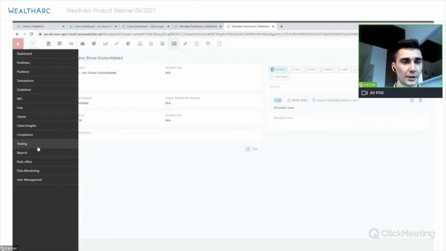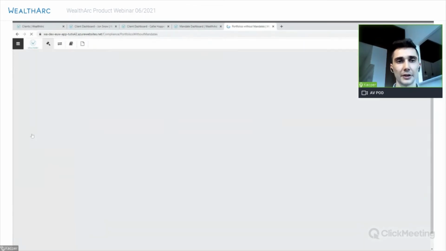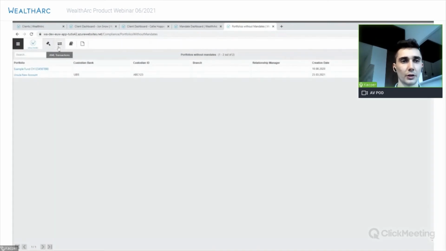The other new thing that we added is in the compliance section. The first one is for monitoring the inflow of new accounts that we get from the data feed. Here, for example, if I see that there is a new account for Ursula, and I know that it's not linked to any client yet, it will be really easy to assign it to that client.